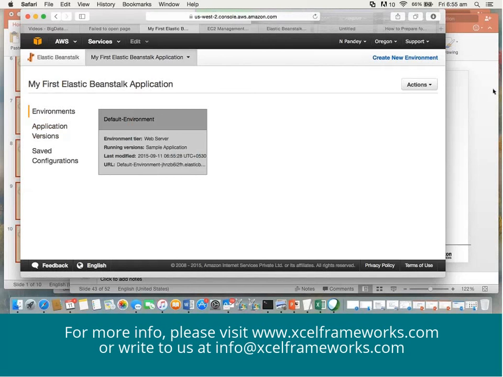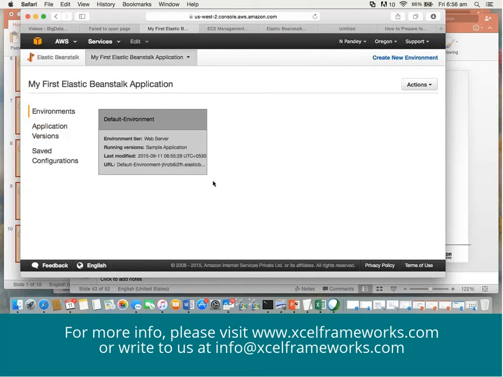Is that clear? So what did we do today? Today we understood how you can create a Windows instance. We also understood how you will connect to a Windows instance using RDP, and how you will generate the RDP file for those instances. And we also understood Elastic Beanstalk.